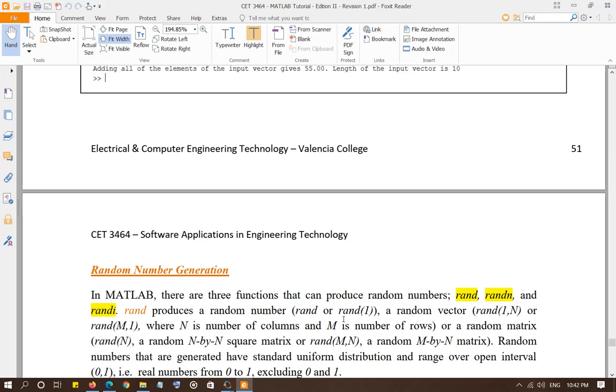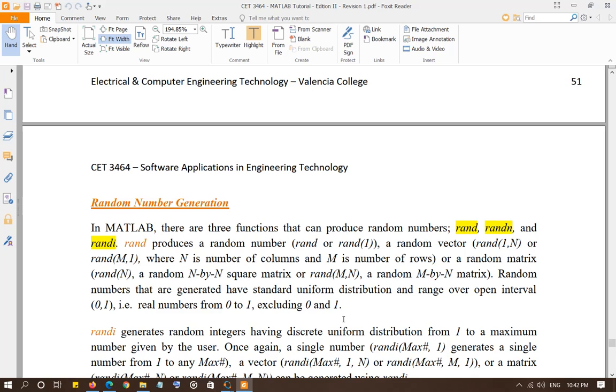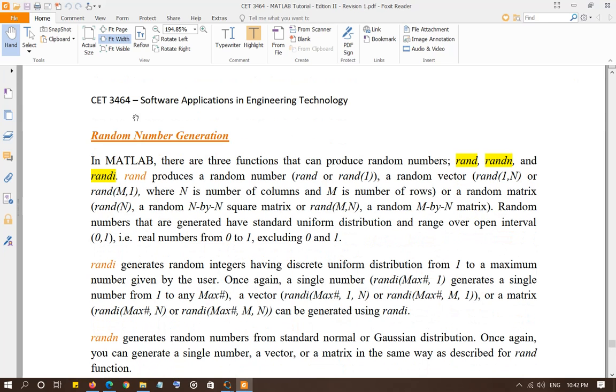Random number generation. There are multiple random number generation functions present in MATLAB. Three of them we use very commonly. The first is RAND. RAND generates a random number between 0 and 1 using the uniform distribution. So 0.1, 0.12, 0.13, 0.52, all of these numbers can be generated using RAND.